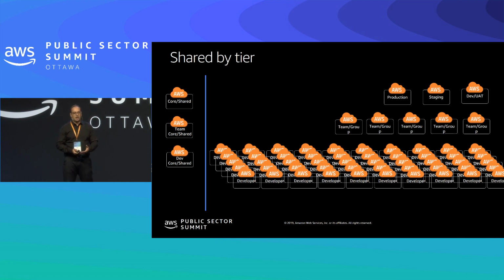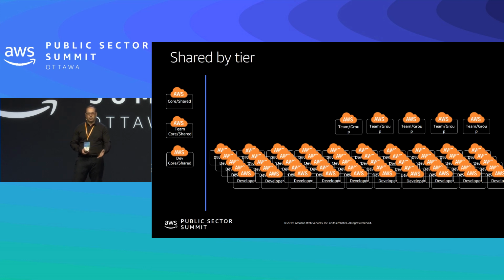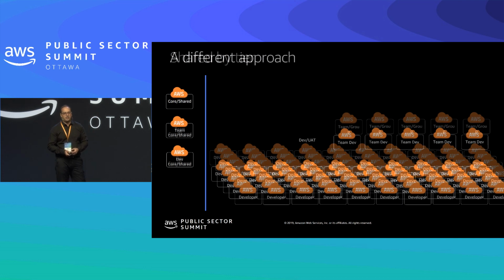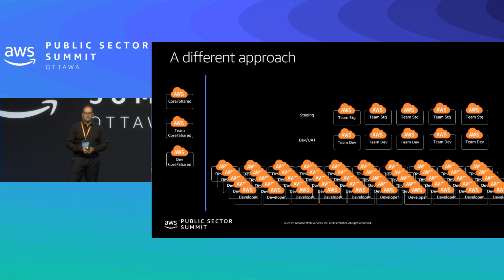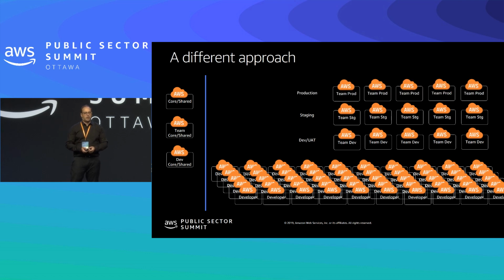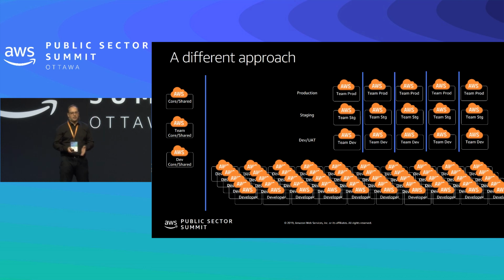We take a different approach to lifecycle management as well than we previously have. Let's remove that tier that you just saw, and let's add dev UAT as a horizontal line for all the development teams. And we'll go up the stack as well. So then each team now has a staging AWS account where they can put the solutions and applications that they're developing. Production is next. And then we draw lines of governance and security and apply them based on that organization and that team's policies. We're adding governance and boundaries.